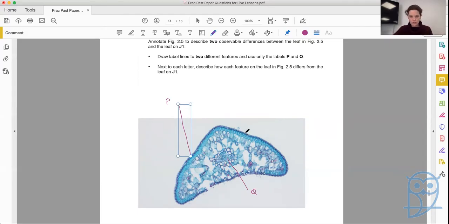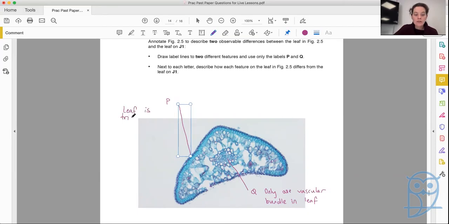So there's lots of different things that we can pick from, and you've got to then pick the two that you want to work with, or the two sort of obvious and most crucial ones looking at functionality of these two leaves. So next to each letter, describe how each feature on the leaf in 2.5 is different from the leaf on J1. So here, Q would be only one vascular bundle in leaf. Okay, so the converse of that is more than one vascular bundle. But we want to describe the features of this leaf. That's what the focus of this question is. And then for P,